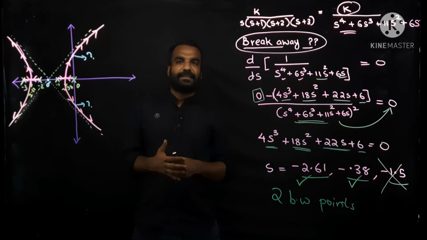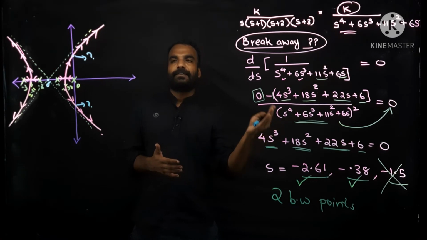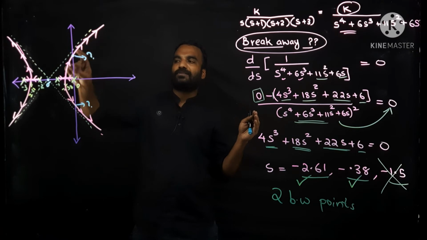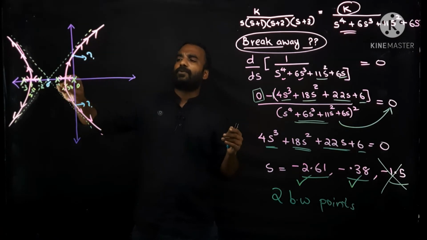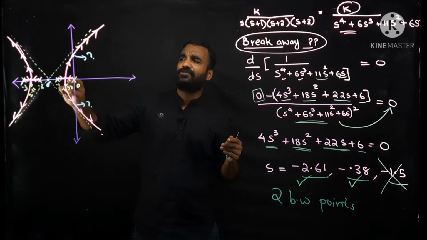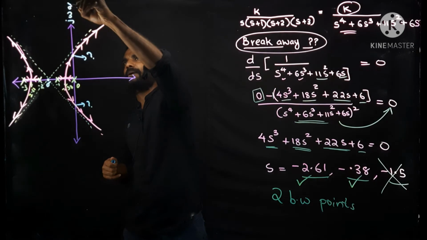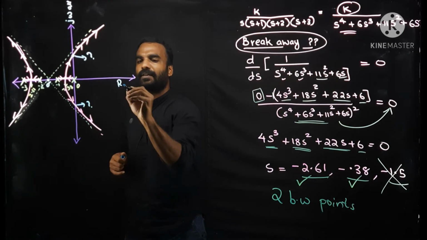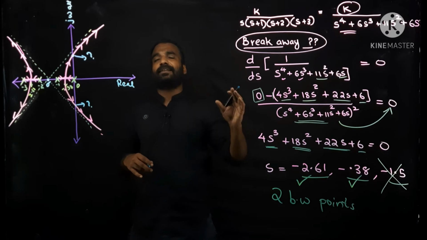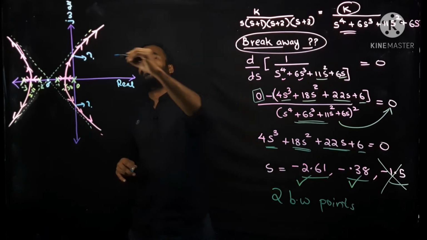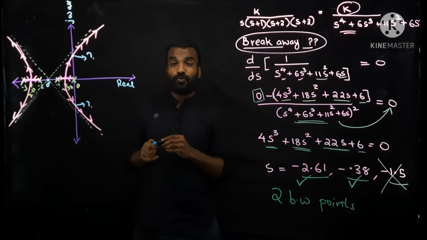So let me move to that step in order to find the crossing point of root locus diagram on imaginary axis. This rule is applicable only if some of the root locus branch is crossing the imaginary axis. This is imaginary axis, j omega axis, and this is real axis. This rule of RH criteria you have to apply only if there is a crossing on imaginary axis. Okay, let me move to that rule.